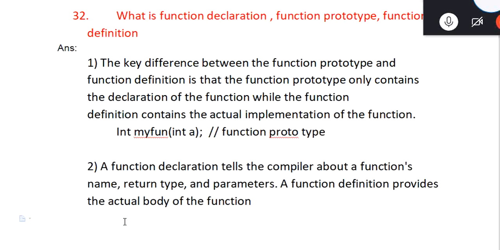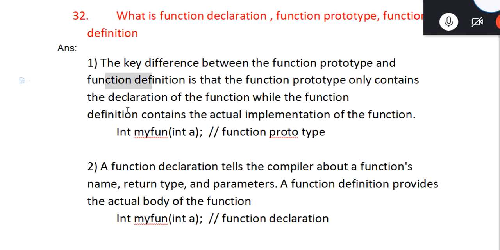So see, this is the function declaration. And function definition, whatever we discussed here, both are the same, where, as Abhishek replied, the actual implementation of the function is there.